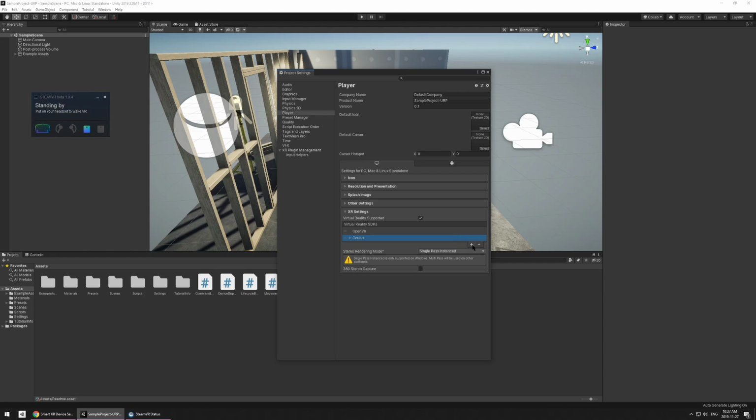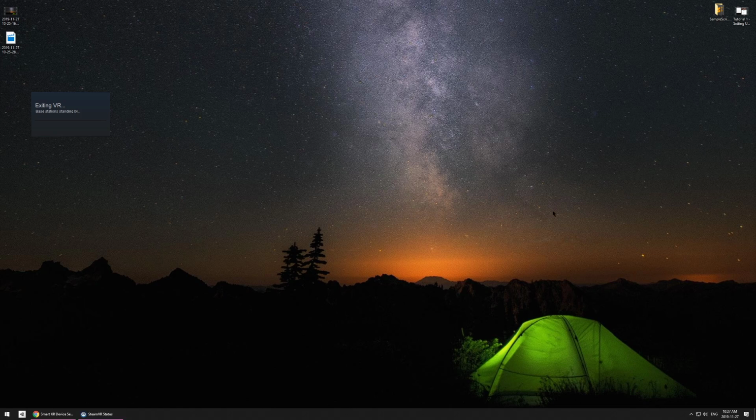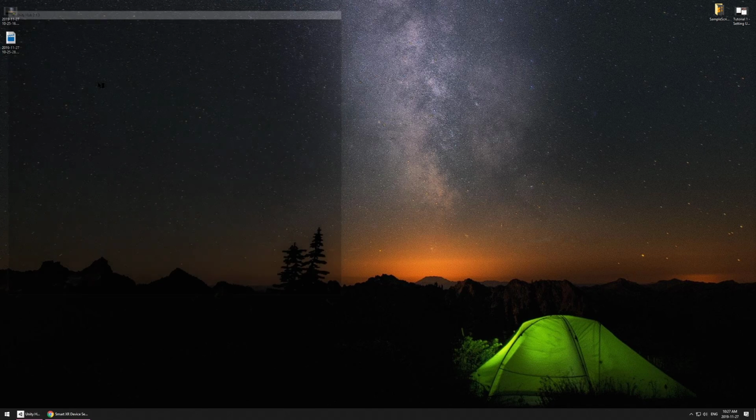So what you can do is hit this plus sign, hit none, and slide that up to the top, and now it's going to try this first. It's going to succeed because it's very easy to support no VR SDK. So if we demonstrate that, you just save the project, quit the project, wait for that to exit. And now if we reboot Unity, select our sample project again,